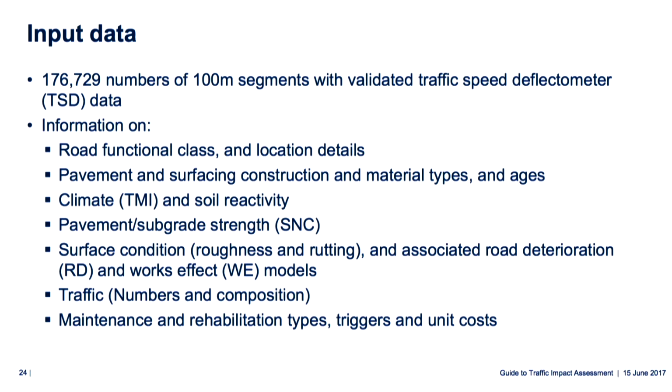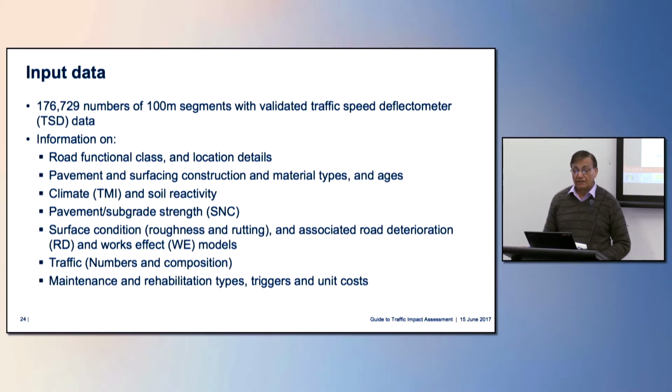Normally, we do about 20,000 kilometers of road surveyed each year. So currently, we have a little bit more than 17,000 kilometers of the road segments which have TSD data. Sometimes the vehicle cannot go into each road segment, so it's not possible to do the full network each year, and also because of the cost, we don't target the full network each year, but we do include them